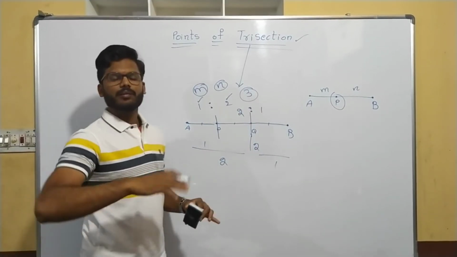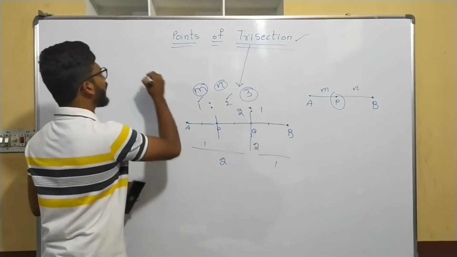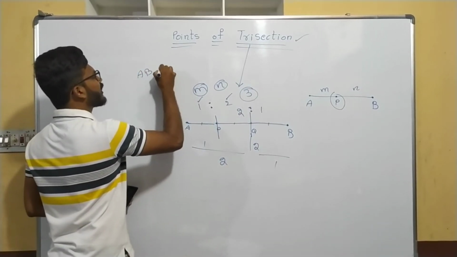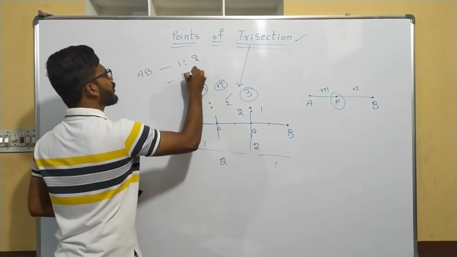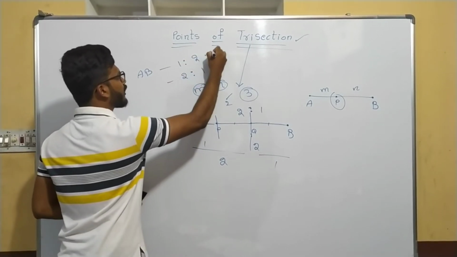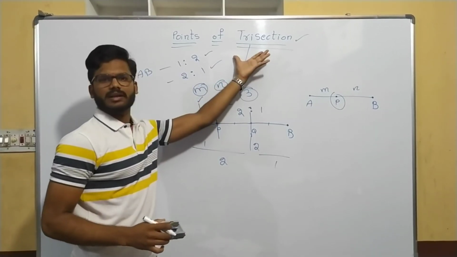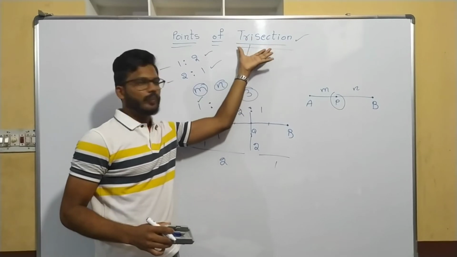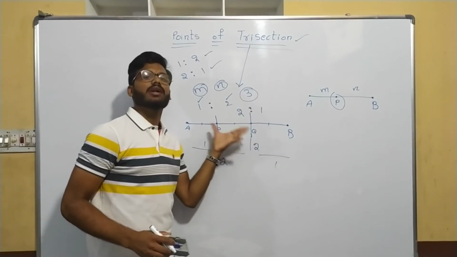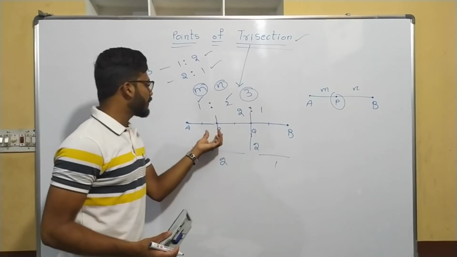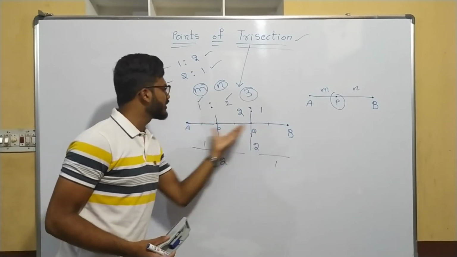So clearly, points of trisection means we have to find 2 points which divide AB in the ratio 1 is to 2 and 2 is to 1. Understood? Points of trisection are those points that divide the distance into 3 equal parts. So the first point divides it in the ratio 1 is to 2 and the second point divides the total distance in the ratio